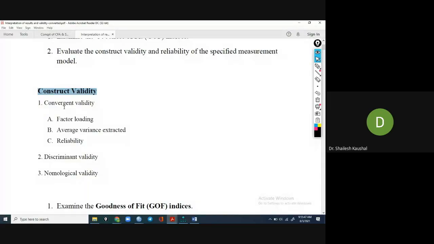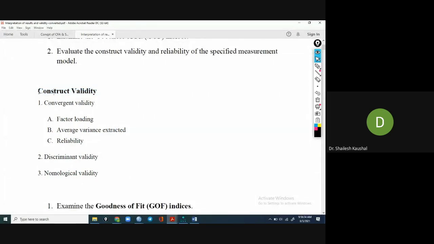One is we borrow the same scale and perform the structural equation modeling, second we modify, and third we can develop a new scale. But a new scale will be developed when existing literature does not give any hint about the particular phenomena, how to measure this thing. When there is no literature available, then we will develop our new scale, because it is not easy to develop a new scale. It takes time to develop the new scale.